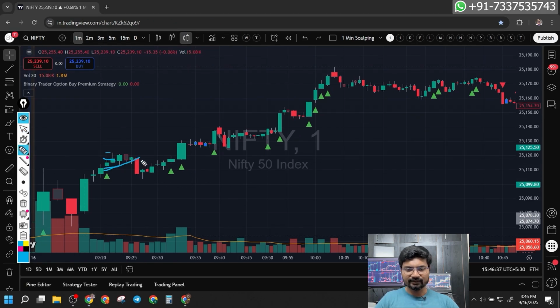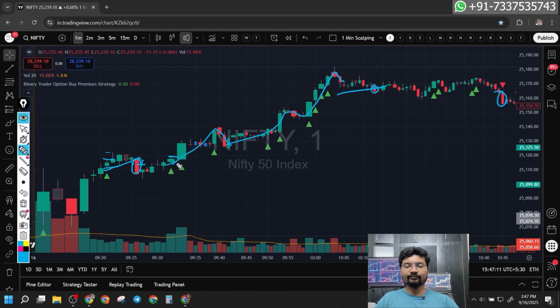It worked out initially, and then there was a sudden sell-off. Even if you exited this position around here by booking a small loss, there is another entry here. It worked out nicely. It's trading above the price and going higher and higher. Around this point there is a reversal. You can book profit anywhere in this zone. It made more than a 40 to 50 points move.